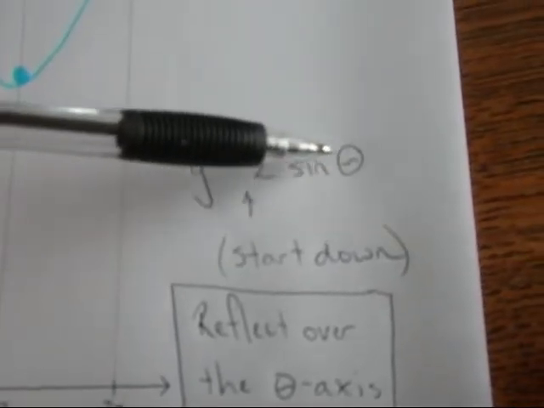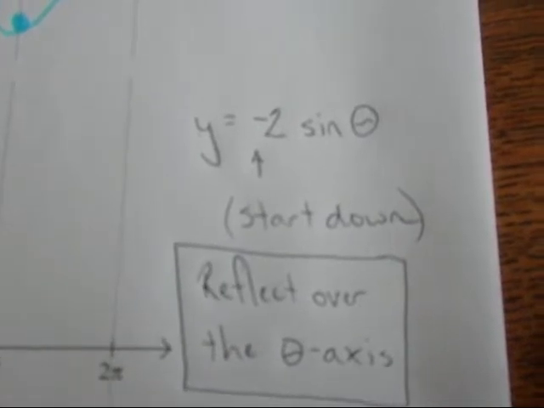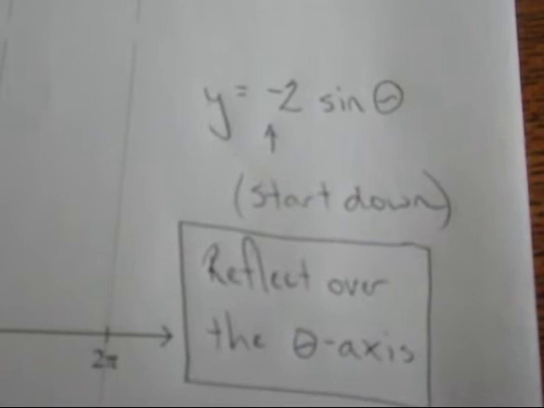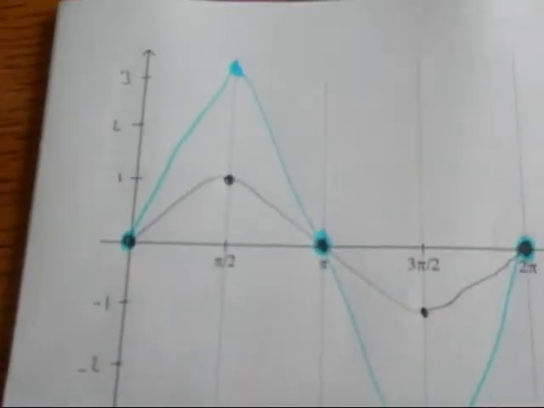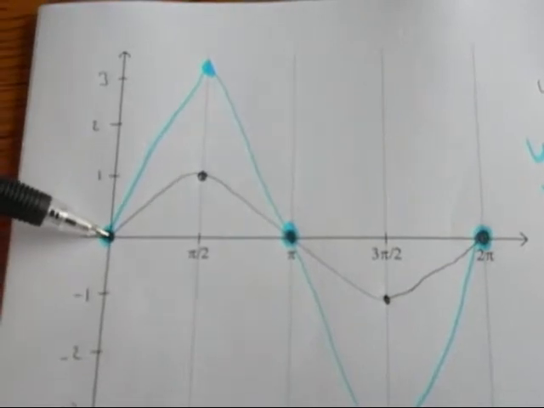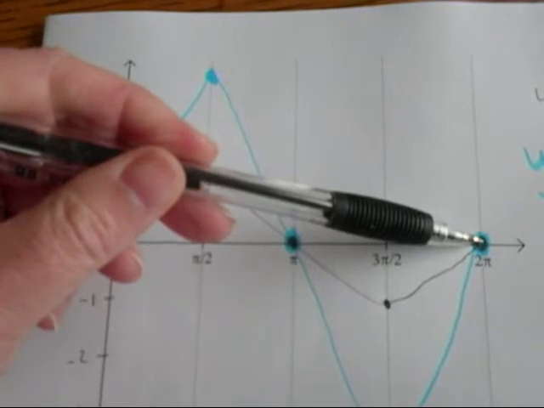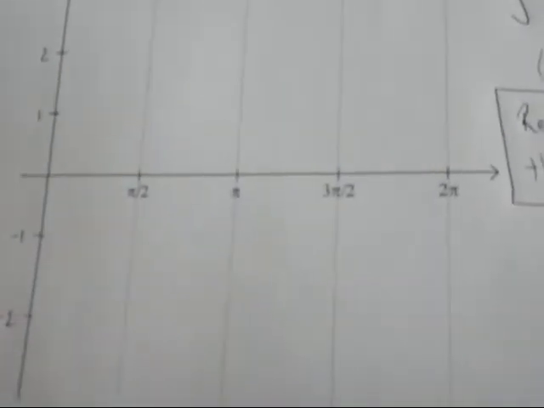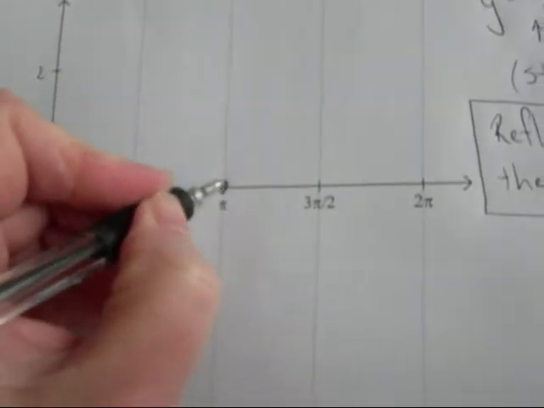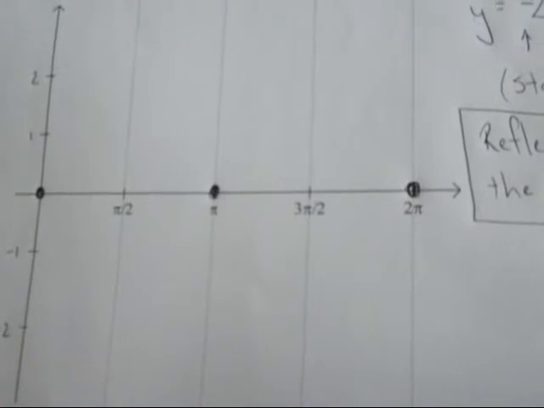Now, if I had written sine x here, that would be the x-axis. Remember, the x-axis is our theta axis because we're graphing theta and y as opposed to x and y. So again, look at the parent function, y equals the sine of theta, zeros at 0 radians, pi radians, and 2 pi radians. That's going to remain the same on this child function. So here's my 0 at 0, my 0 at pi radians, and my 0 at 2 pi radians.